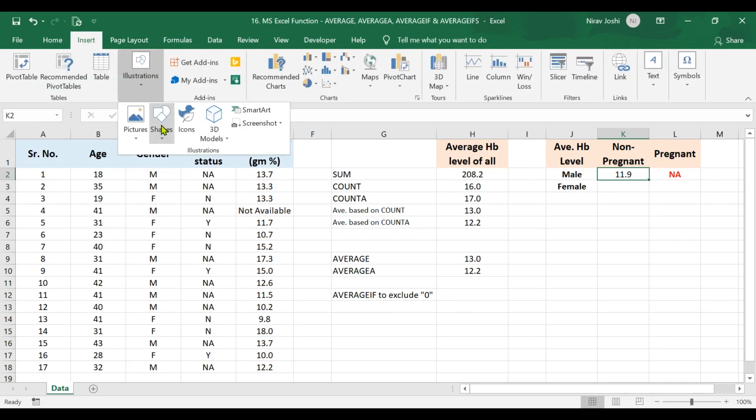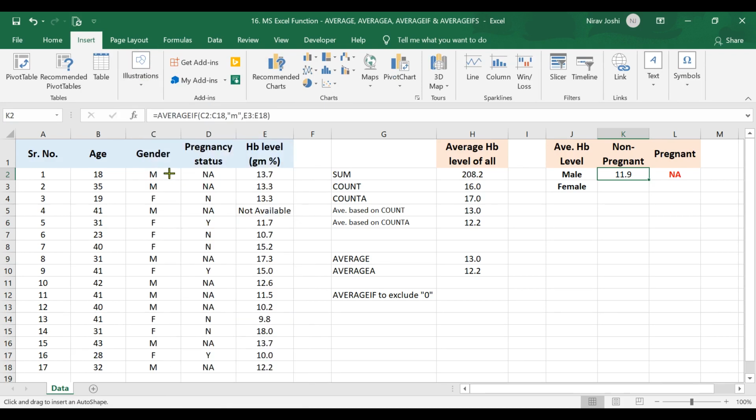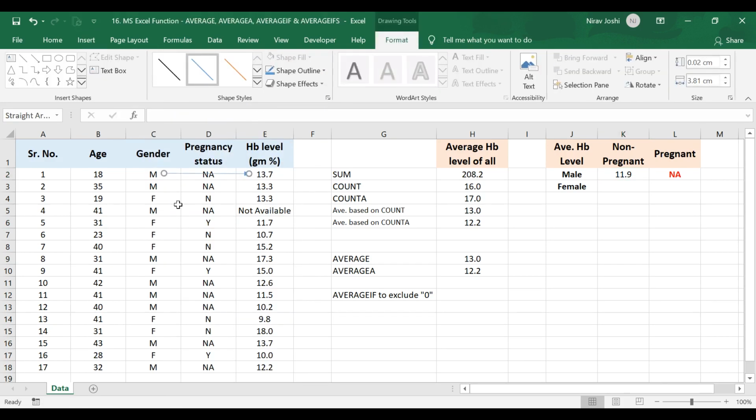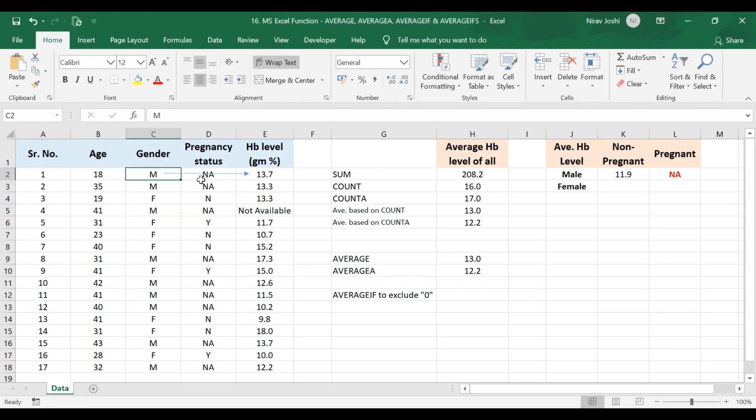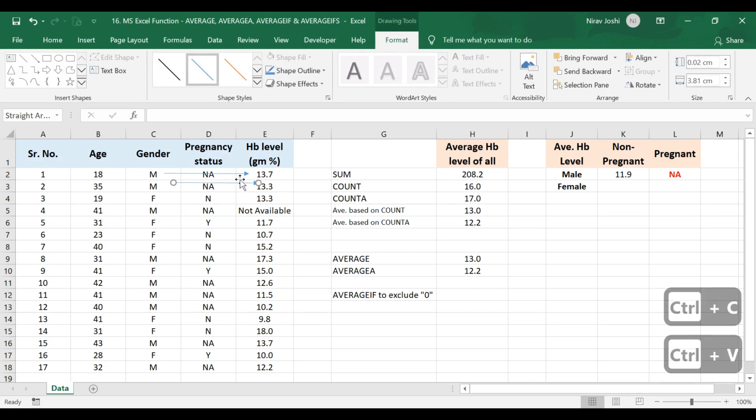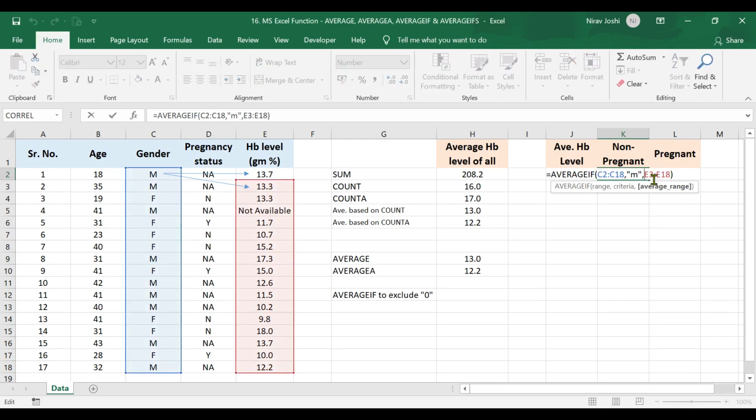What is effectively happening here is, in the previous example this was the relevant cell for this M cell, but now as we have changed the range, the comparable cell for the first cell in this range has become this one with the value of 13.3. Successively, the next cell would correspond to the second cell in this range. So if by mistake you select a different sequence of range, it will affect your outcome in this formula.